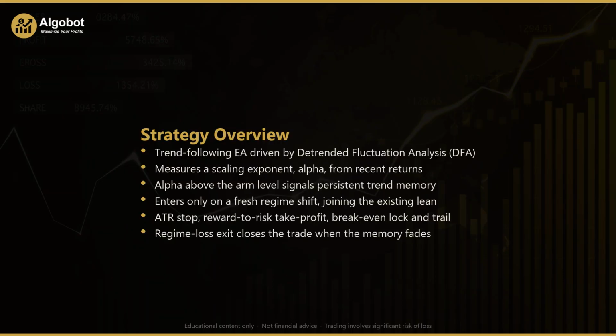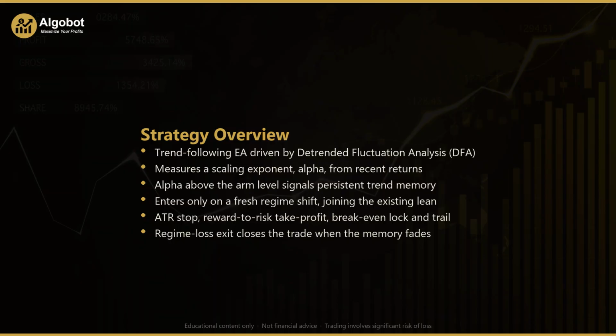Let's dive in. So what does this expert advisor actually do? At its heart, the Detrended Fluctuation Regime Shift is a trend-following system, but the engine that decides when to act is unusual. Instead of a moving average or a classic oscillator, it runs Detrended Fluctuation Analysis on the recent stream of returns. That analysis boils the market's behavior down to a single number, a scaling exponent that traders often call alpha. Here's the intuition. When alpha sits near 1/2, the series is behaving like a random walk, with no structure